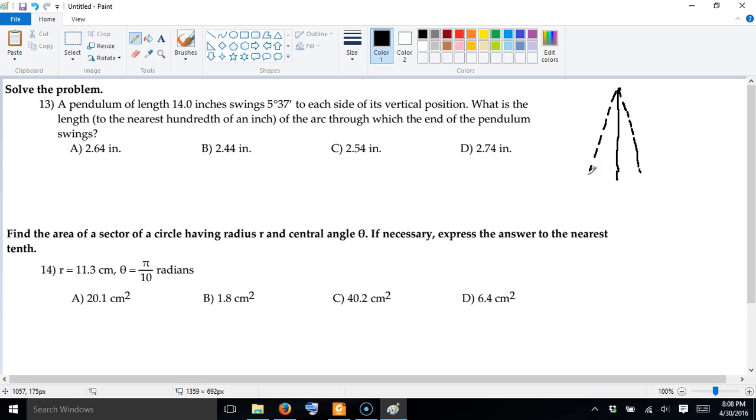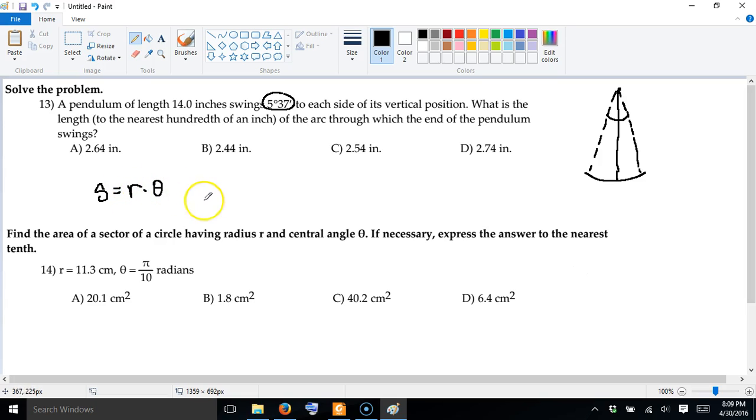On each side of its vertical here, it is swinging 5 degrees, 37 minutes. Okay, so it's asking, what is this arc length right here? And what we need is the entire angle measurement for this right here. So it's going to be 2 times this right here. And then we are going to use our arc length formula,